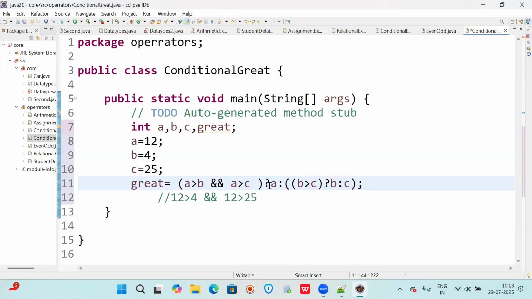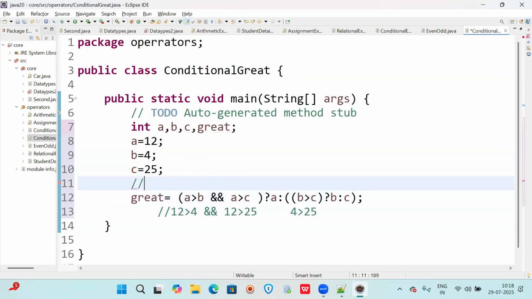So here, if it is satisfied, A will be printed; otherwise it will come here and here we are checking 4 greater than 25. Is it true? If true, B will be printed; otherwise it is false. So here when it is false, which will it take? C will be the greatest. So this is an example for greatest